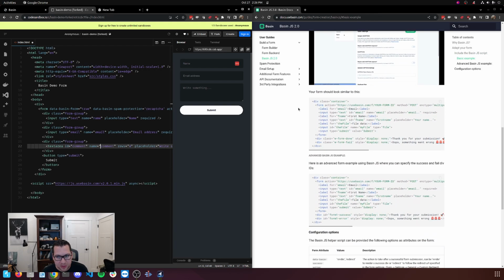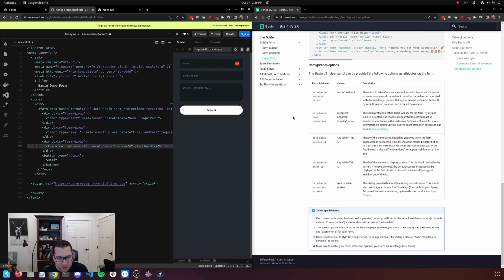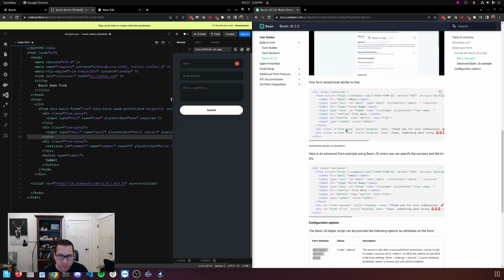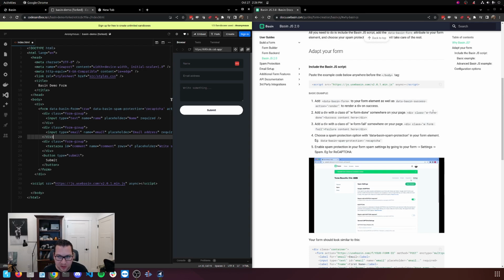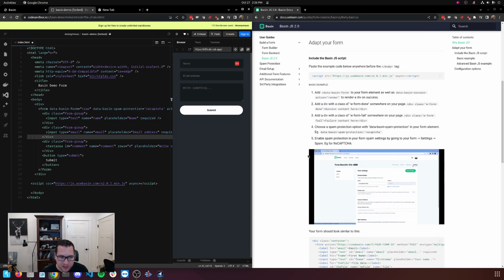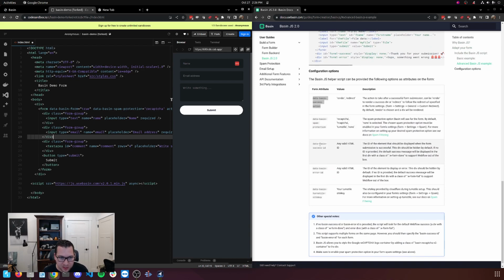And now since we're submitting with JavaScript too and we want to keep our redirect, there's an additional action we need here. Instead of just rendering success, we'll have to say redirect. But let's look at what the default is first. The defaults are kind of built for Webflow specifically, but it works anywhere on the web. We're telling you what the default classes are, and those work out of the box for Webflow, but you can add those classes to your HTML anywhere on the web. So if we save this,